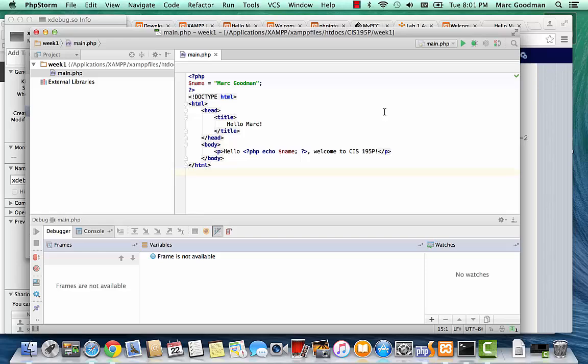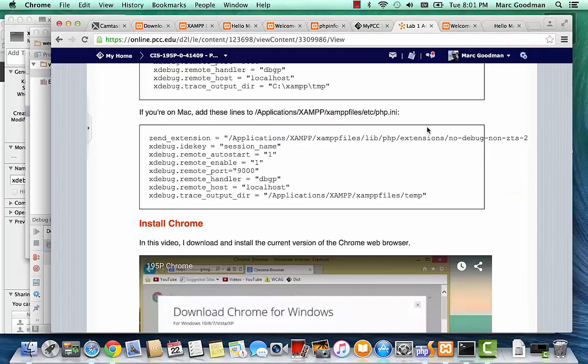Okay, now that both PHPStorm and XAMPP are installed correctly, let's go ahead and configure debugging. So I've gone ahead and added some commands that you need to add to your PHP configuration for Mac, so it's right here. And these are going to go in the php.ini file, and here's the path. So it's in